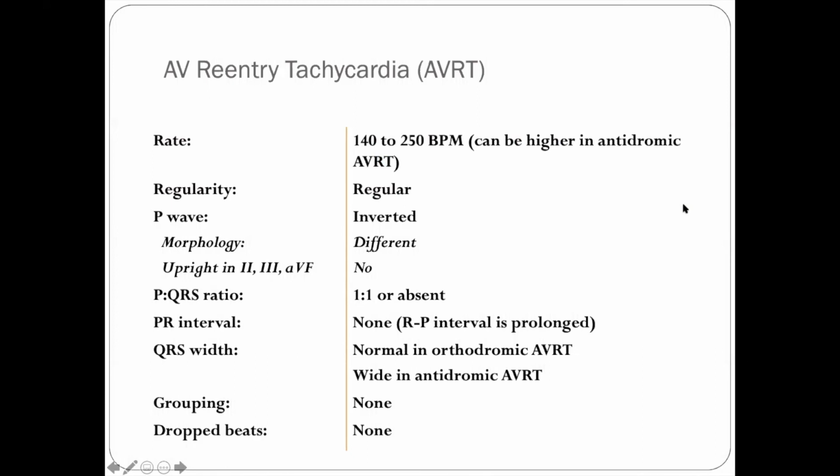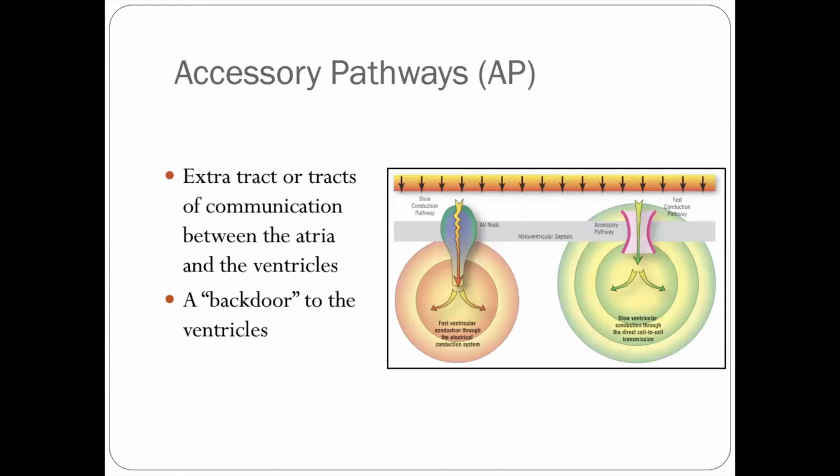AV reentry tachycardia, AVRT, it's a fast one, 140 to 250, which is similar to the AVNRT, but do realize this can actually be much higher. There are two versions of it. And in the more severe version, it can be going very, very quickly, almost up to 300. And that's obviously very detrimental to the patient. So here what we have